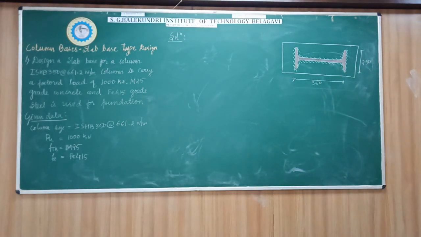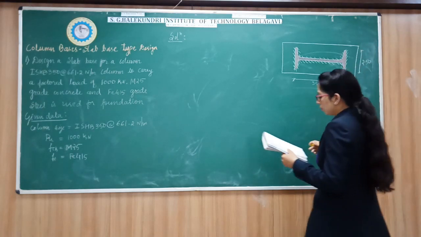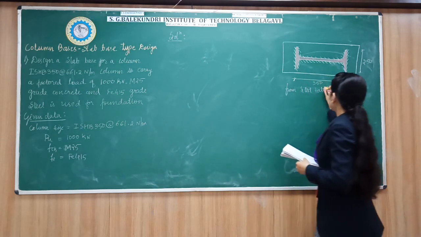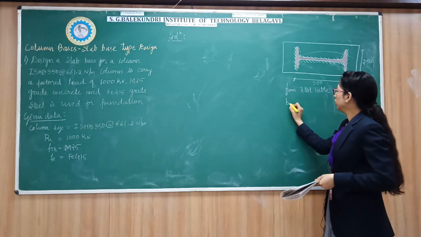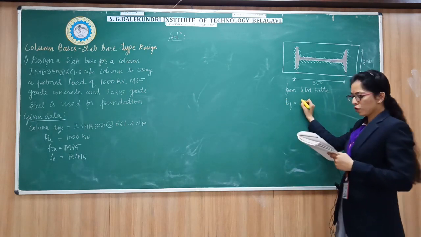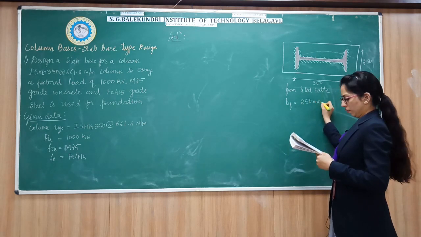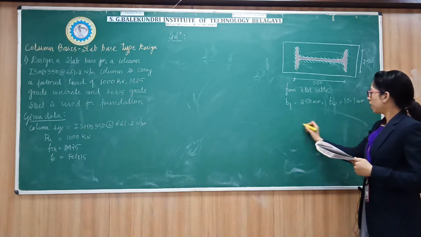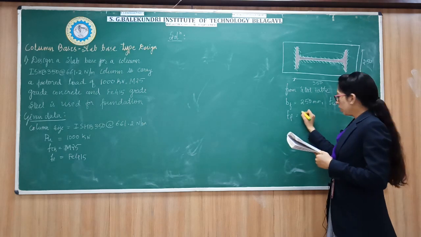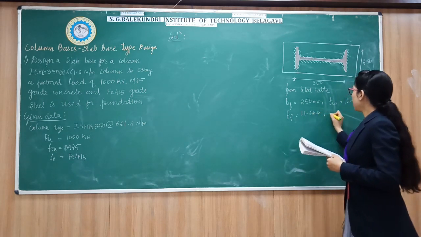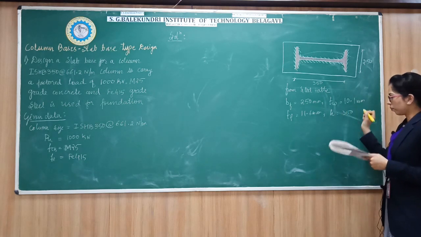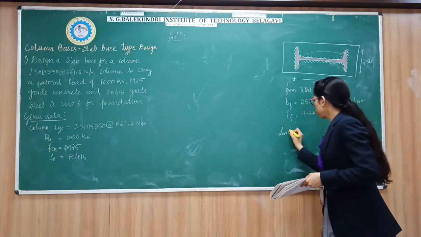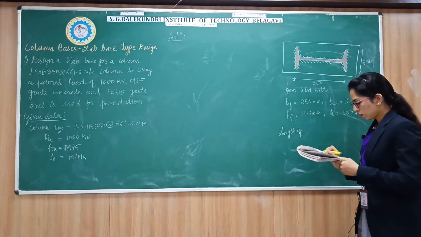So, from the steel table, the breadth of the flange is 250 mm, the thickness of the web is 10.1 mm, the thickness of the flange is 11.6 mm, and the height is 350 mm. Now we have the formula to calculate the length of weld